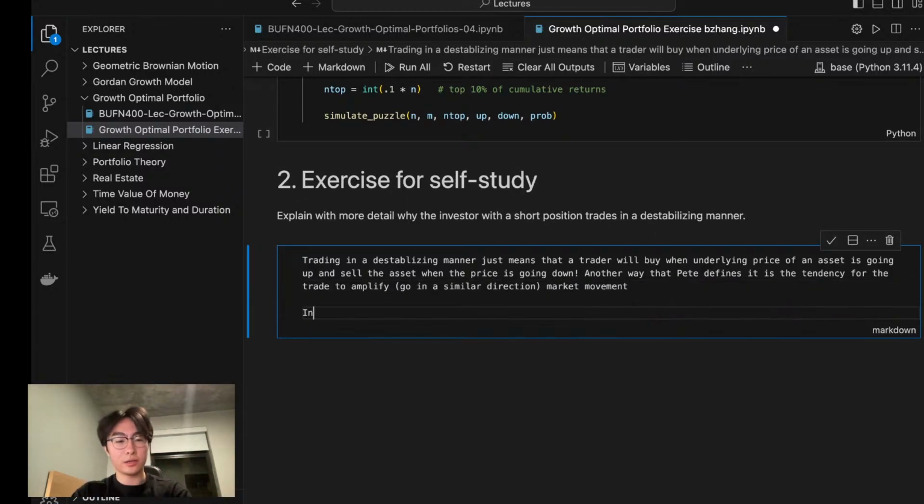So, in the context of an investor with short positions,